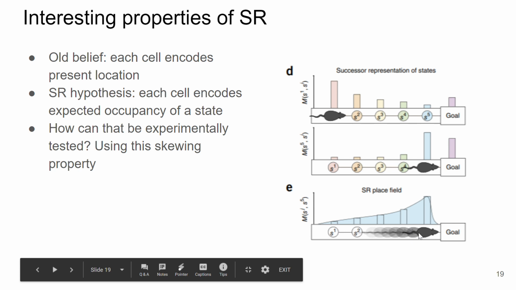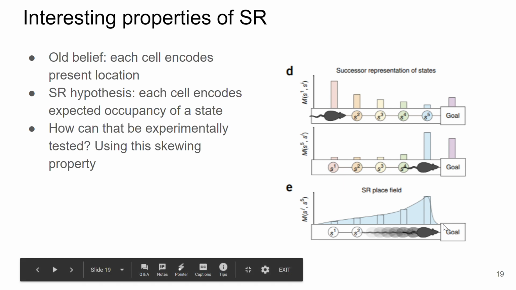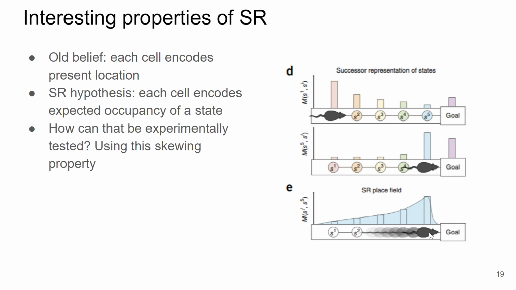So what the figure E tells you is when you're at this location on the x-axis, with what frequency would your place cell fire? The place cell encoding for the location at S5. That's right. Yeah? I'm just not sure how the plotting peak lets you differentiate between the SR hypothesis or a simple decay function like a Gaussian function or some kind of resolution on the location that you think you have.